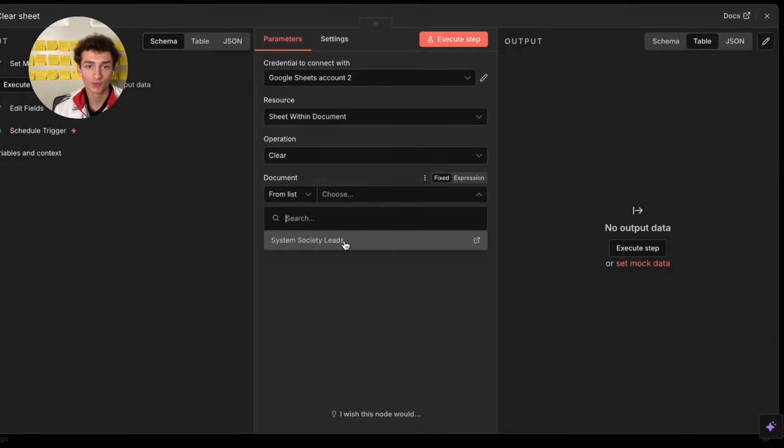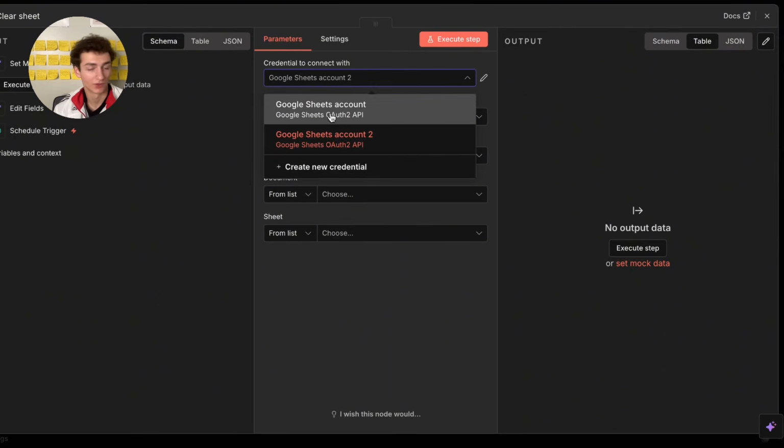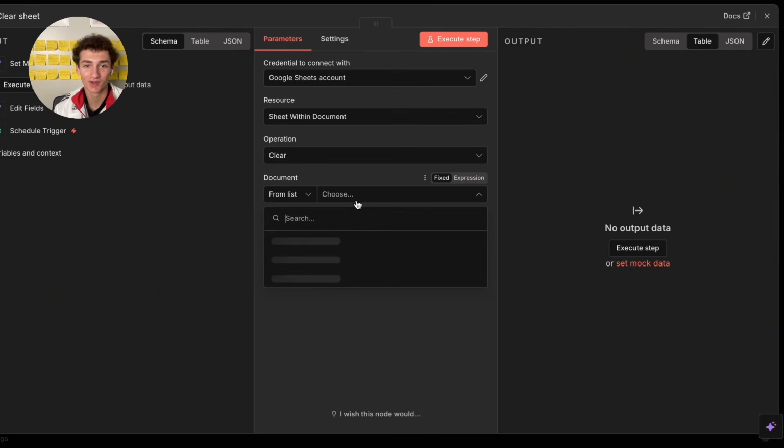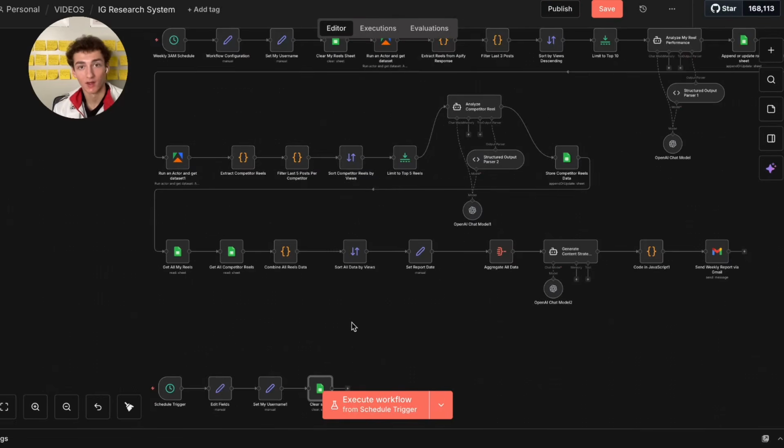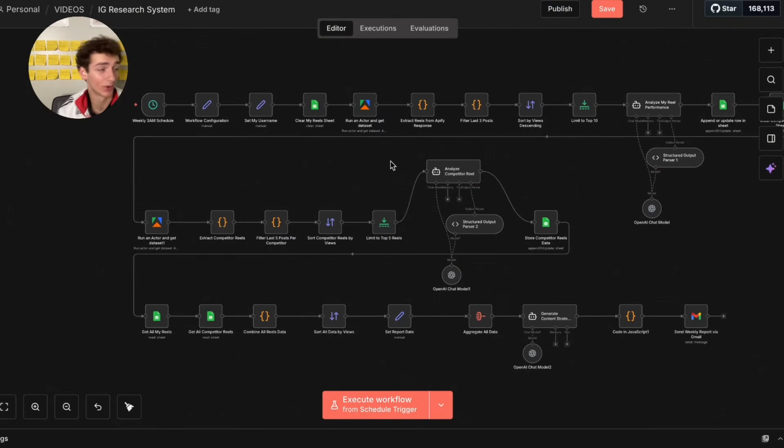And then I'm just going to choose our sheet here. So it's going to be comp research, and then the sheet is going to be my reels. So that's going to clear out my reels. And then we're going to add in, this is the fun part, maybe the difficult part for some people, but